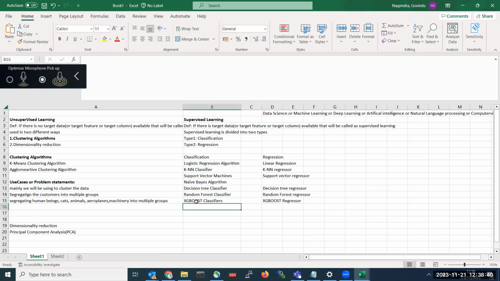So all the algorithms related to machine learning: first one is logistic regression in classification and linear regression in regression, then KNN regressor, support vector machines, support vector regressors, naive Bayes, which is nothing but the naive Bayes classifier. Next is decision tree classifier, random forest classifier, XGBoost classifier. Same here also: linear regression, KNN regressor, support vector regressor, decision tree regressor, random forest regressor, XGBoost regressor. So these are all the multiple things related to classification and regression.